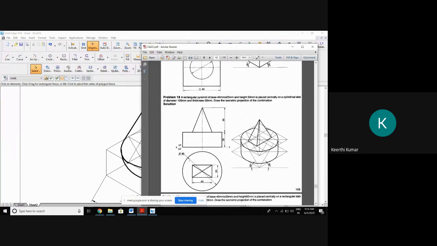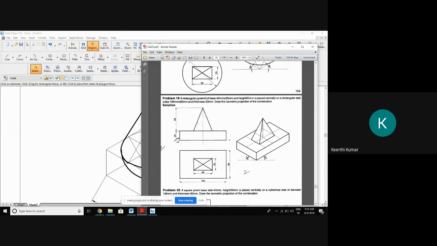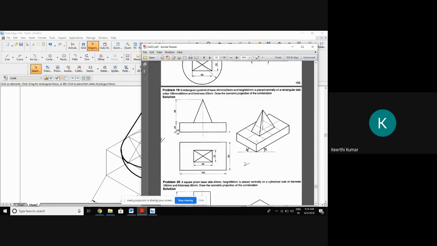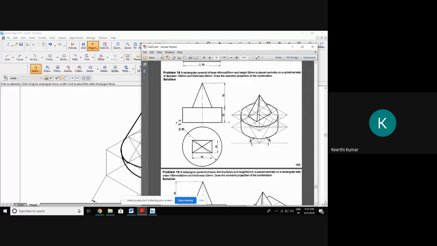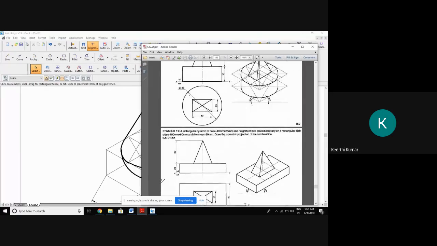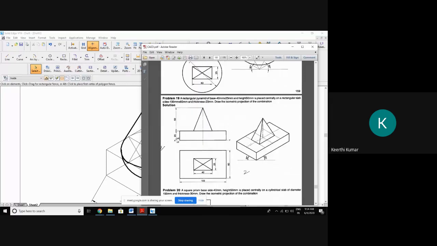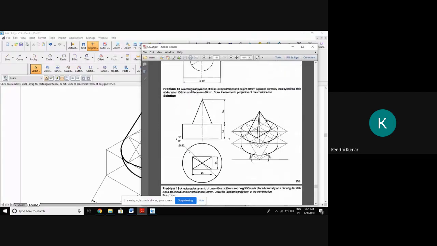Okay. I will explain problem number 18. You can do 19, I hope, because the 19th problem is easier than the 18th. Here the base is a cylinder; there the base is a slab. You already know how to draw the slab. This pyramid I'll explain here. This is also the same pyramid. I'll explain the concept of pyramid here so that you copy the same procedure for problem number 19. Now we go for problem number 18.